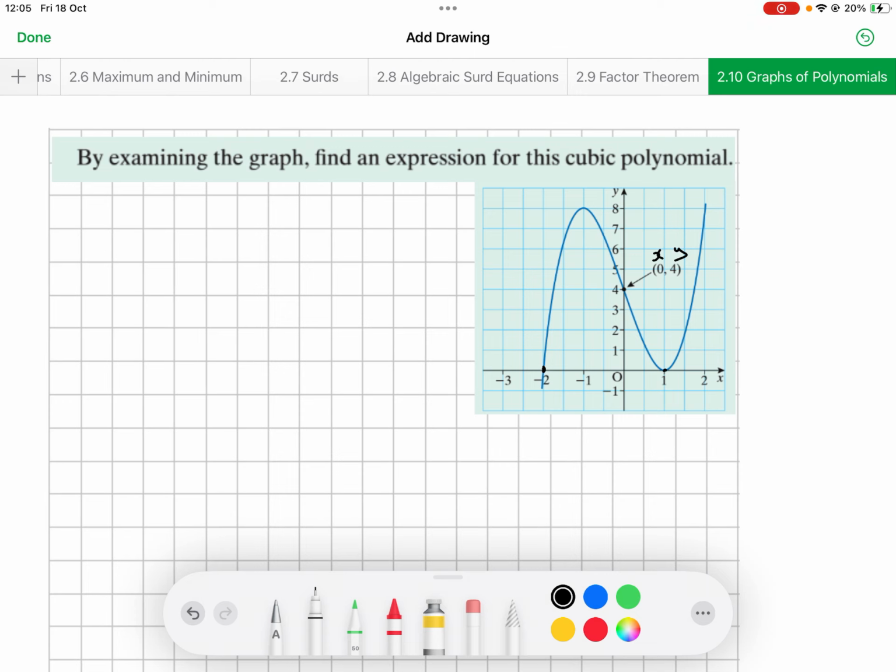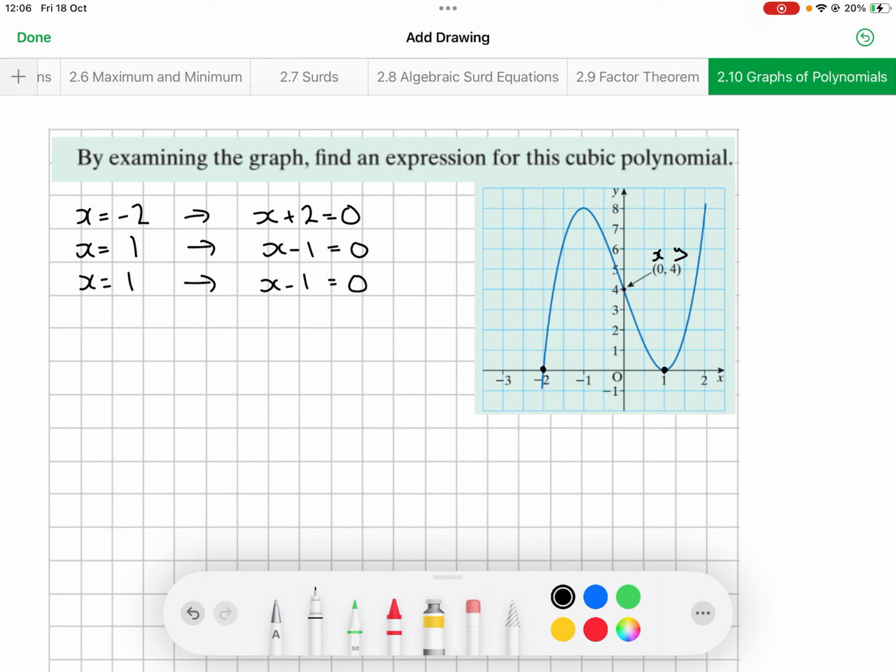So the first root here is down at -2, so x equals -2 is a root. So the factor is x plus 2. Now, we'll notice here at 1, it doesn't cross, but it does touch the graph and then turn at that point. So if it touches the graph and turns, that means it's a repeated root. So x equals 1 is a repeated root, which means x minus 1